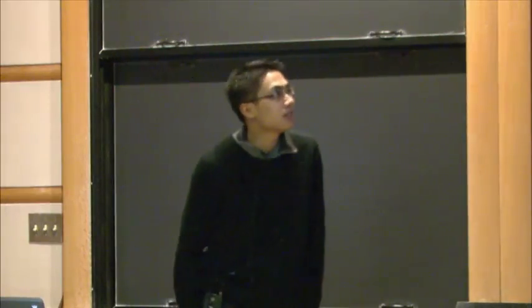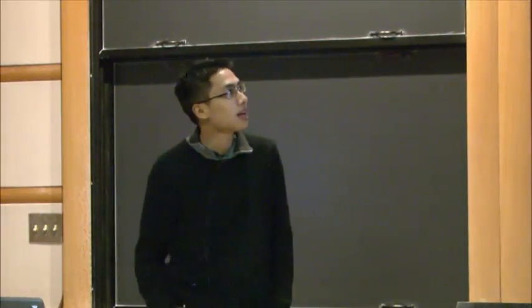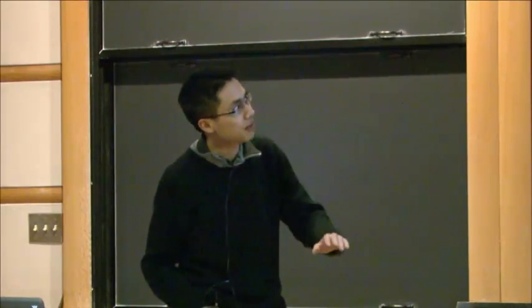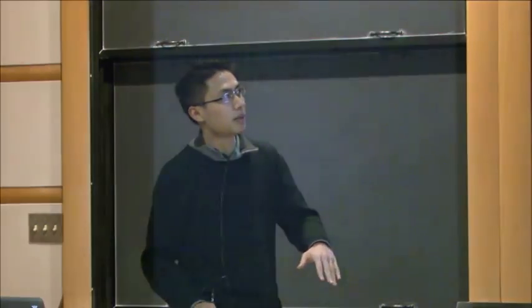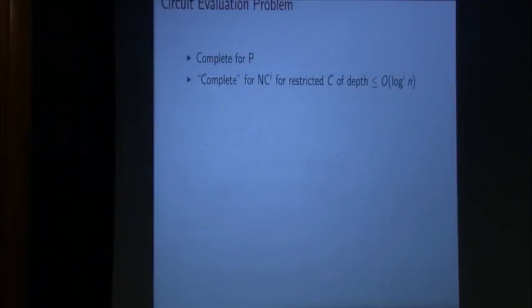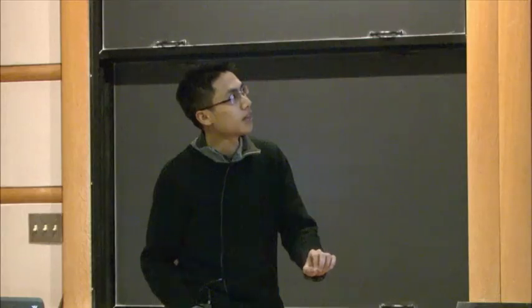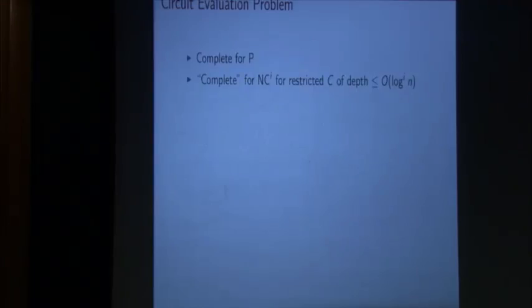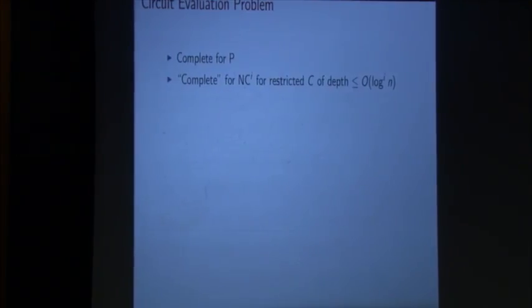Classes. So the circuit evaluation problem is complete for P, the class of polynomial time computable functions, so the class of efficiently computable problems. And if you add restriction to the circuit, it will be complete for smaller complexity classes. Well, for the purpose of this talk, if you restrict the depth of the circuit to be bounded logarithmic, so it's a log n to a fixed power i, then the circuit evaluation problem is complete for NC^i, where